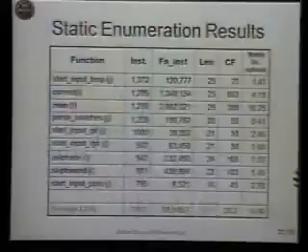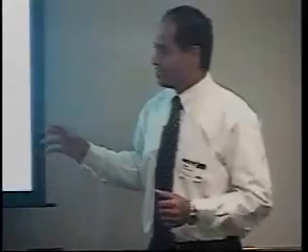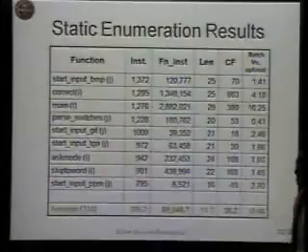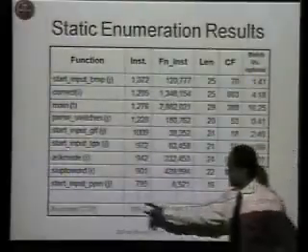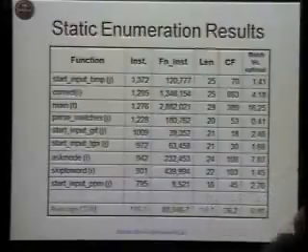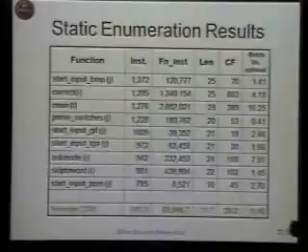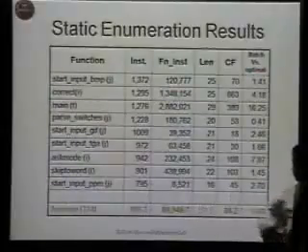So out of the 244 functions, we were able to exhaustively enumerate 234 of these functions in a reasonable amount of time. This table shows the static enumeration results only over those 234 functions. The first column lists the different functions that we have. The second column gives the number of assembly line instructions in the unoptimized version of the function. As you can see, some of these functions are very large, they're not very small functions. The next column gives the number of distinct function instances, different versions of the function that we found for each function. This is essentially the number of nodes in the DAG.